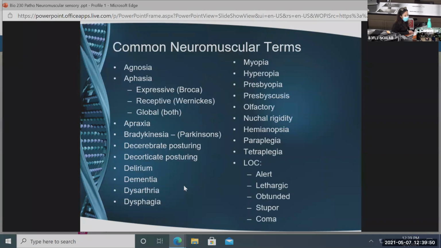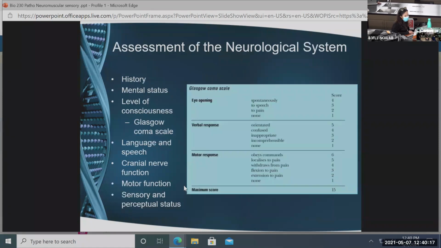Delirium patient all of a sudden bursts. These are the terms: agnosia, aphasia, apraxia. Please remember all those terms which are important. Okay. And that is level of consciousness at the end. Patient is alert, lethargic, obtunded, stupor, and coma. Okay. This is from the